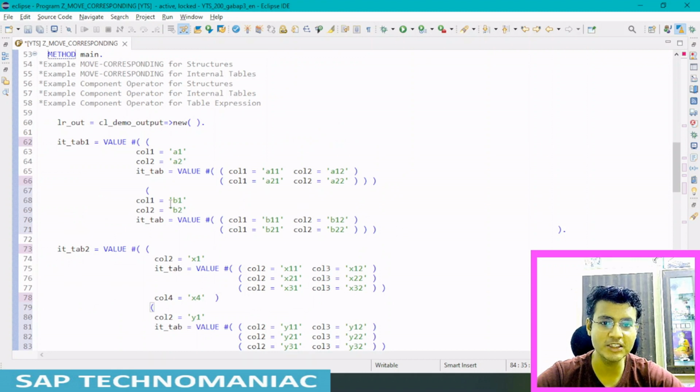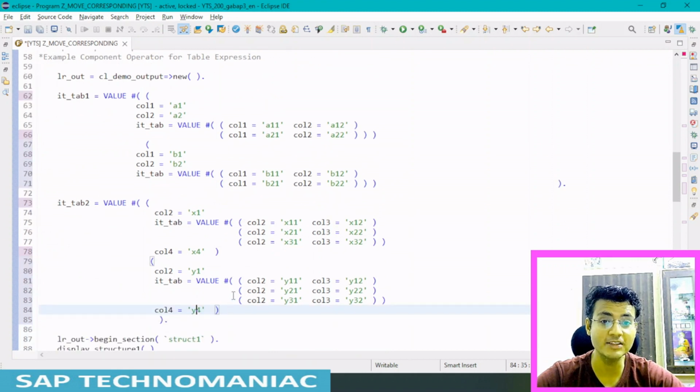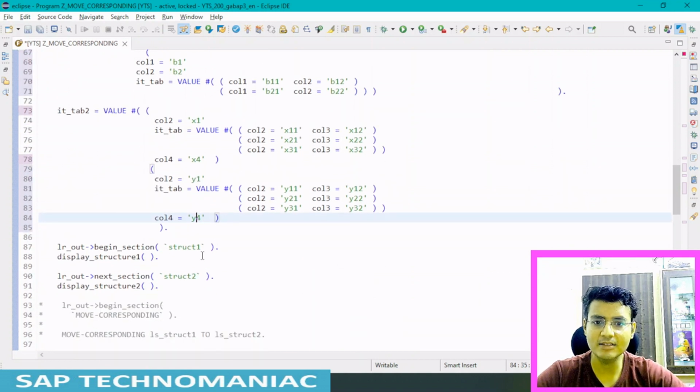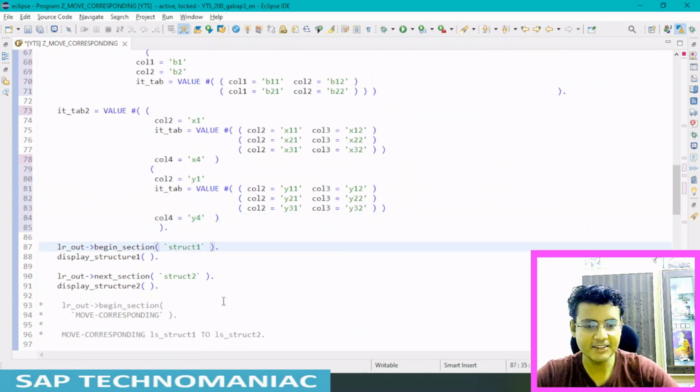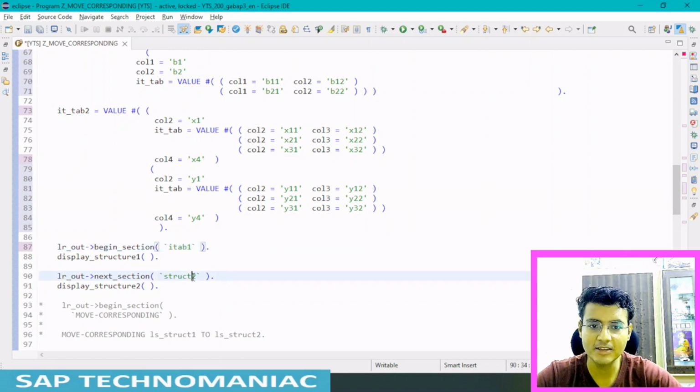Now we have two internal tables which have two lines each. And again, ITAB 1 I can change. I am displaying ITAB 1, and this is ITAB 2.